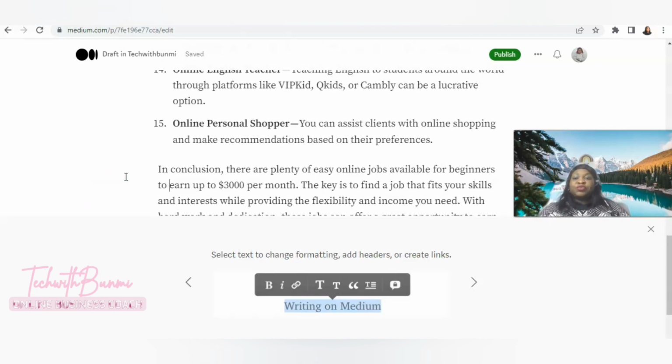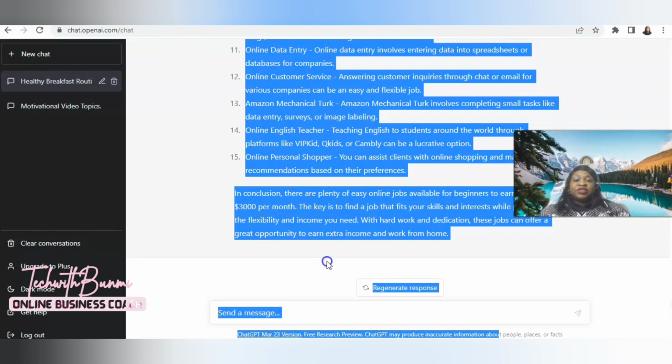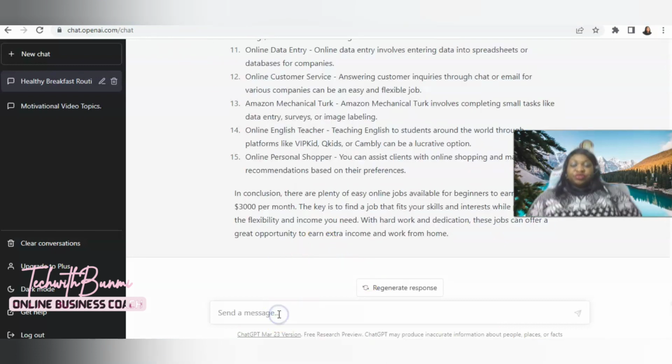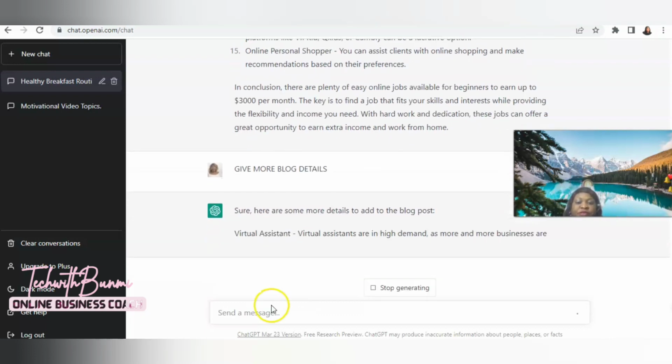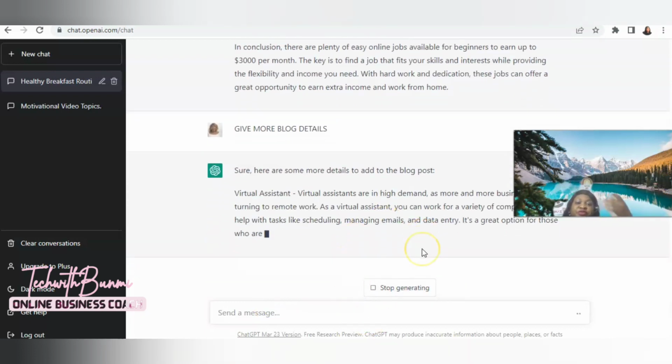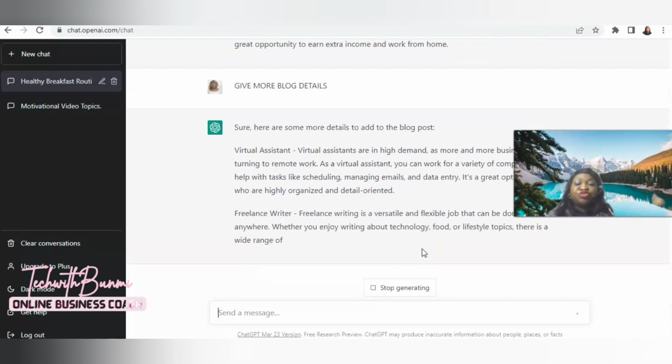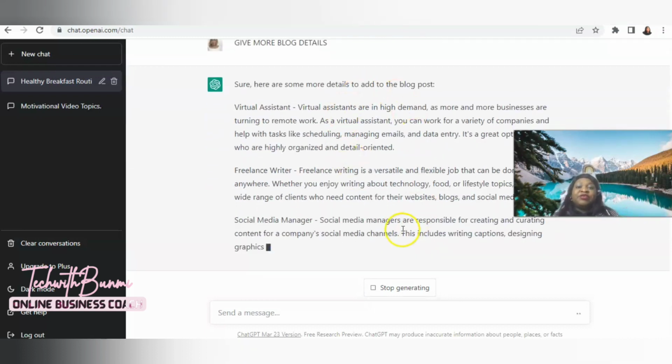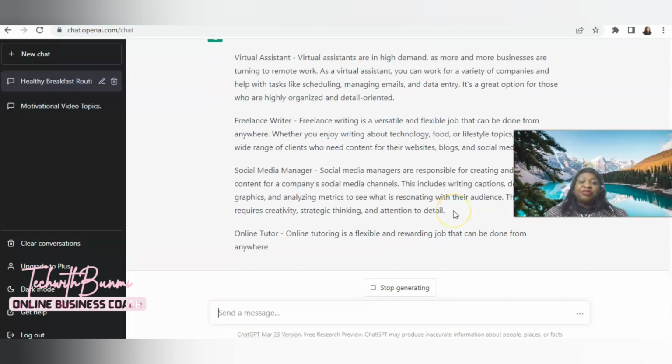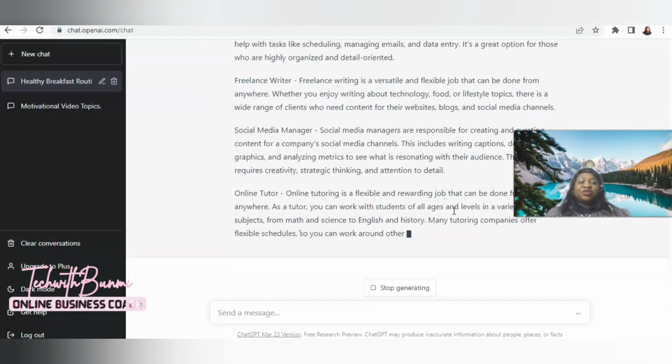If you want more, you can tell ChatGPT to elaborate more for you. You can say, give more blog details. It's going to give you more details if you want your blog to be more elaborate, depending on the individual.